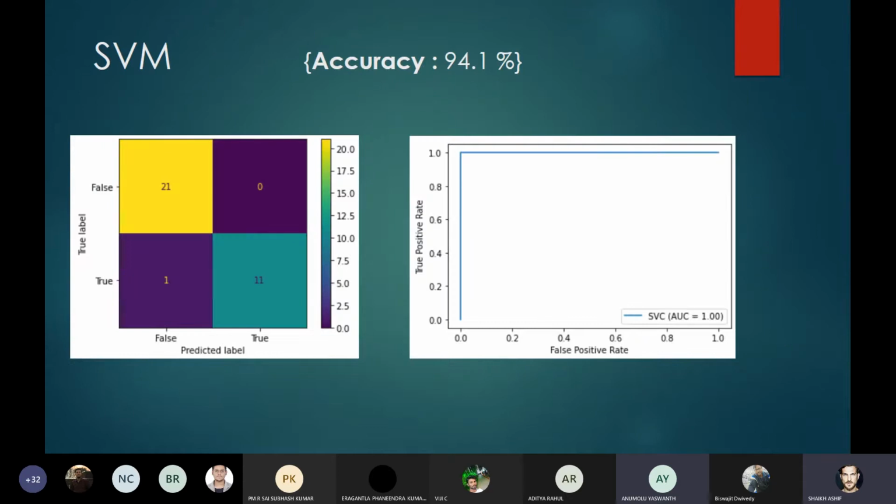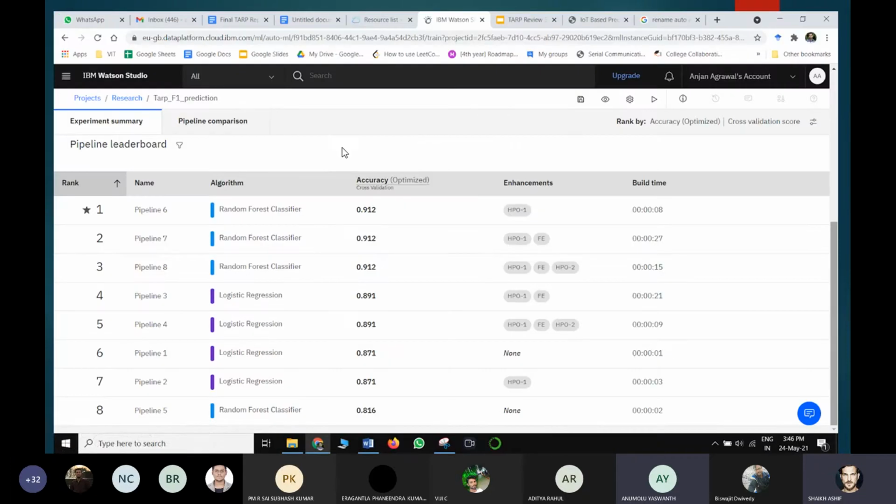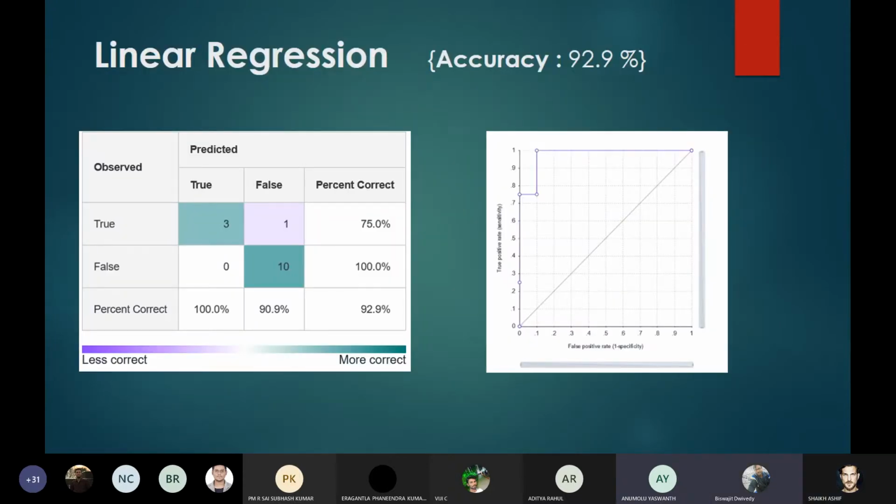We got an accuracy of 94.1 with the SVM classifier, and the rest were linear regression and random forest. For that we used IBM's machine learning platform. These are the steps for all the pipelining. As you can see, random forest. Okay, just tell me for all these analyses, what inputs have you taken?